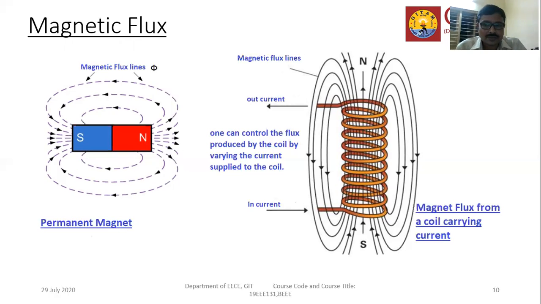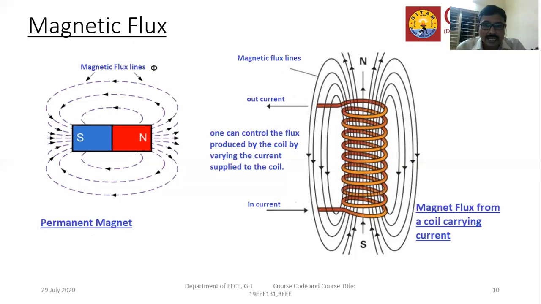You know the unit of magnetic flux is Webers, right? The area covered by these magnetic flux lines is called the field of the magnet. It is known to us, right? Next, on the right side of the slide, the picture shown is a coil which is carrying a current, and this also produces magnetic flux. You can observe the south pole and north pole represented for that electromagnet, right?